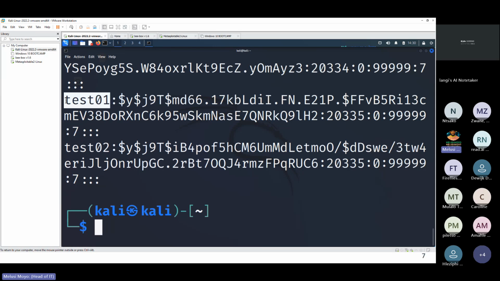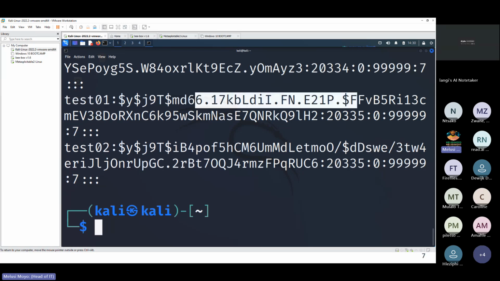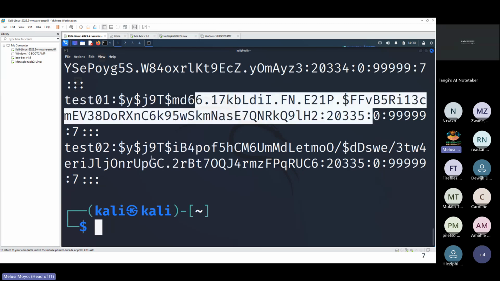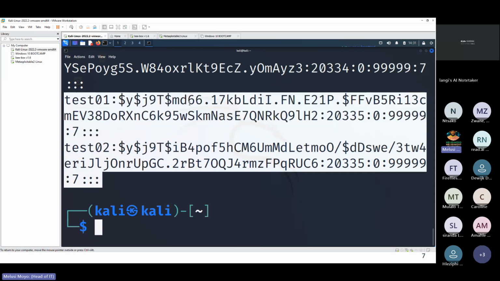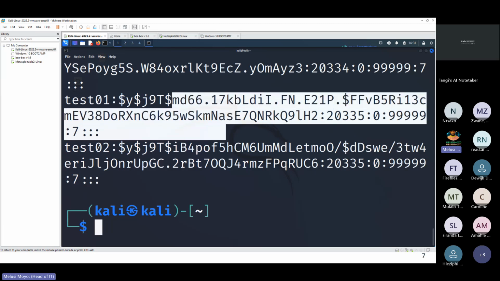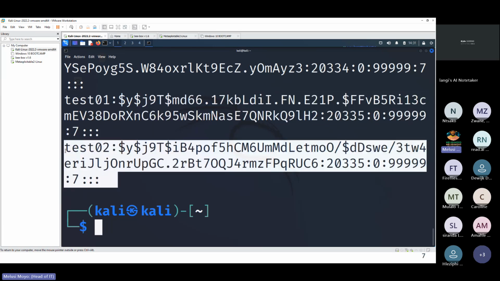There's test 01. And then the passwords are encrypted. You have encrypted passwords there. So what I want to do is decrypt those passwords. So you can see now they're encrypted. I can't really tell. The first one, I know I made the password 123. The other one was password 123. So I want to use John the Ripper, which is a tool that will allow me to decrypt these passwords,